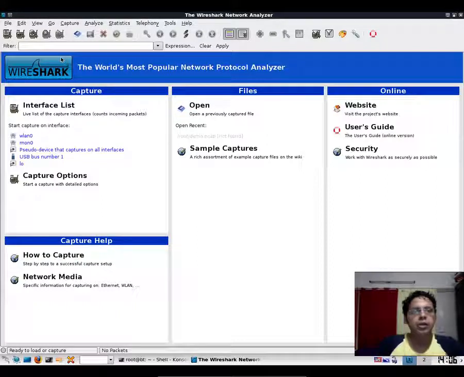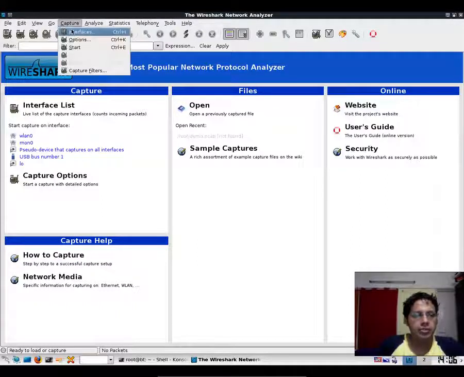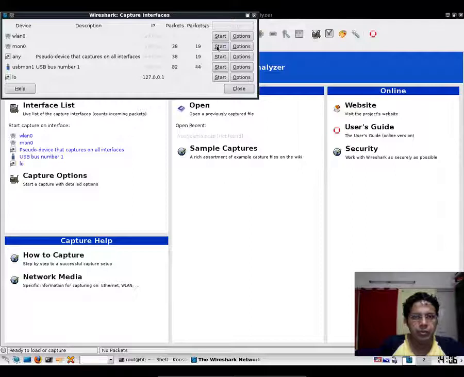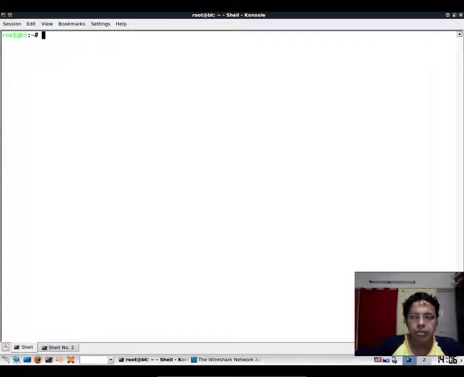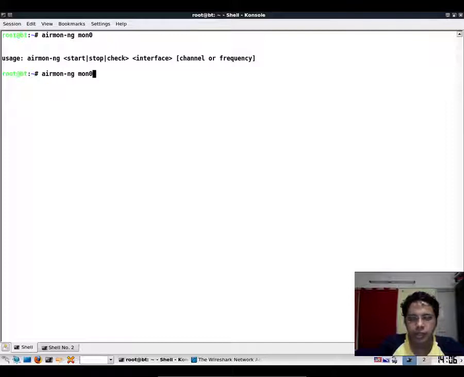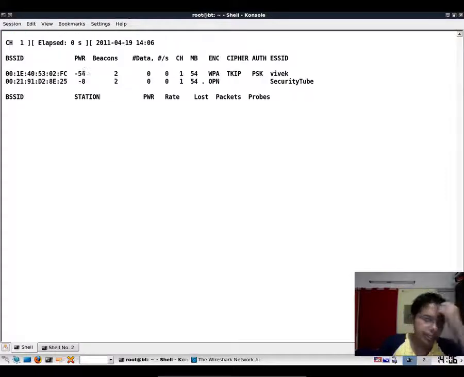Now let us start our sniffing exercise. We are going to be on mon0. Before we begin, let's ensure that the card is on the same channel as the access point. How do we ensure that? The first thing we can do is quickly run airodump-ng to figure out on which channel the access point is.